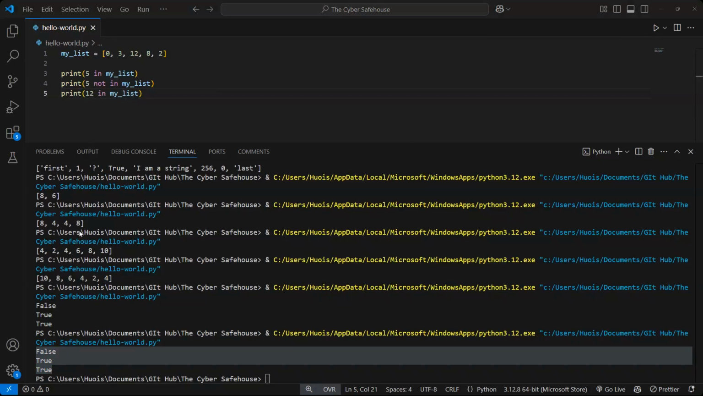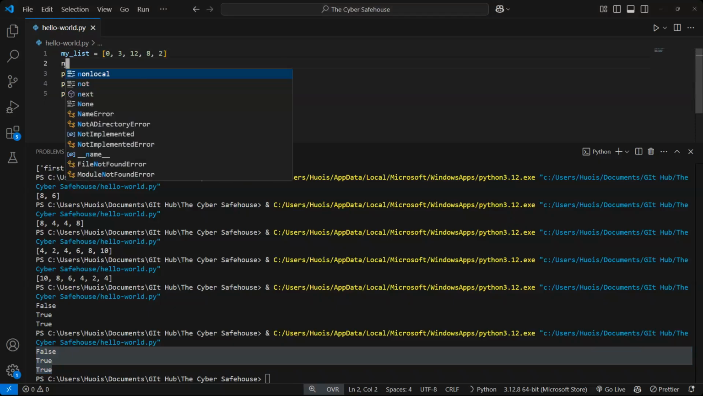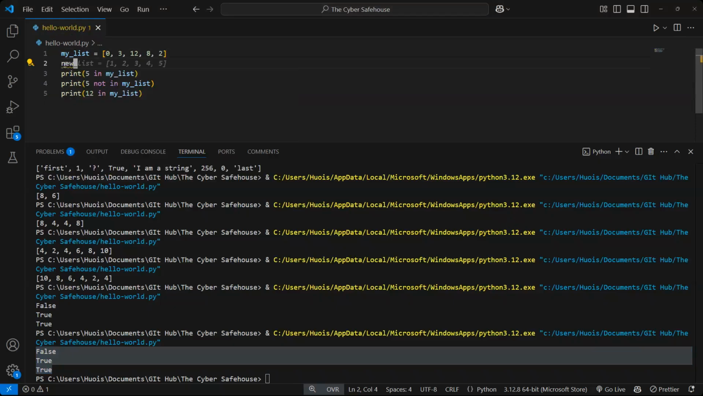So we can also have lists inside a list. For example, here I can have a new list equals, so we have 1, 2, and I can use my list. All right, so automatically my new list